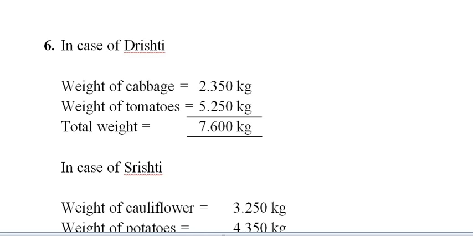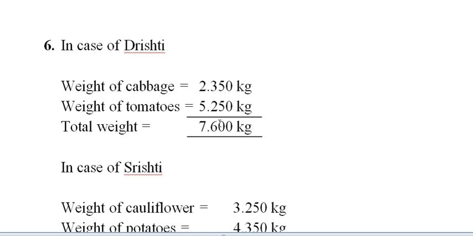So the number which is given as the kg, be it 2 kg or 5 kg, 3 kg, 4 kg, all these kgs should be towards the left hand side of the decimal point. And whatever the grams are given, it should be kept towards the right hand side of the decimal point. This is a very simple trick. I hope you have learned the conversion in previous classes 5 and 6. Still, if you have any confusion in this conversion, please let me know.